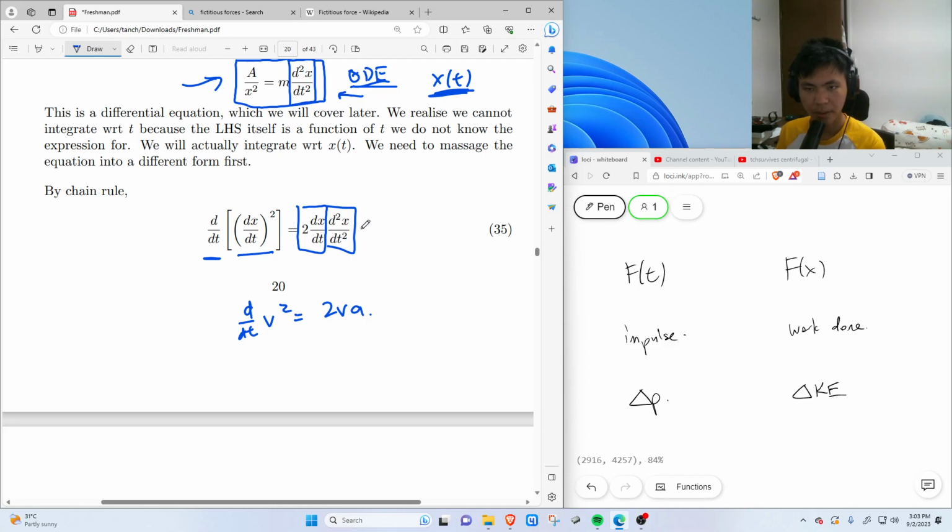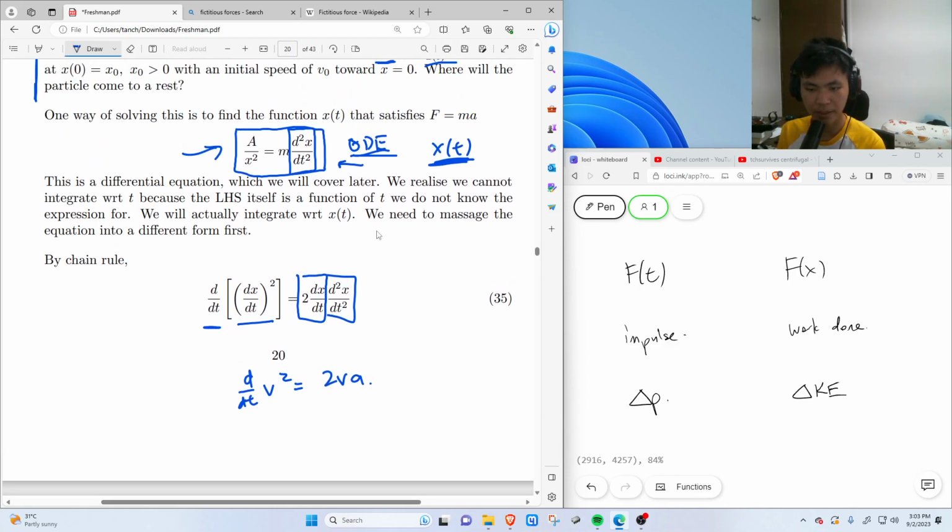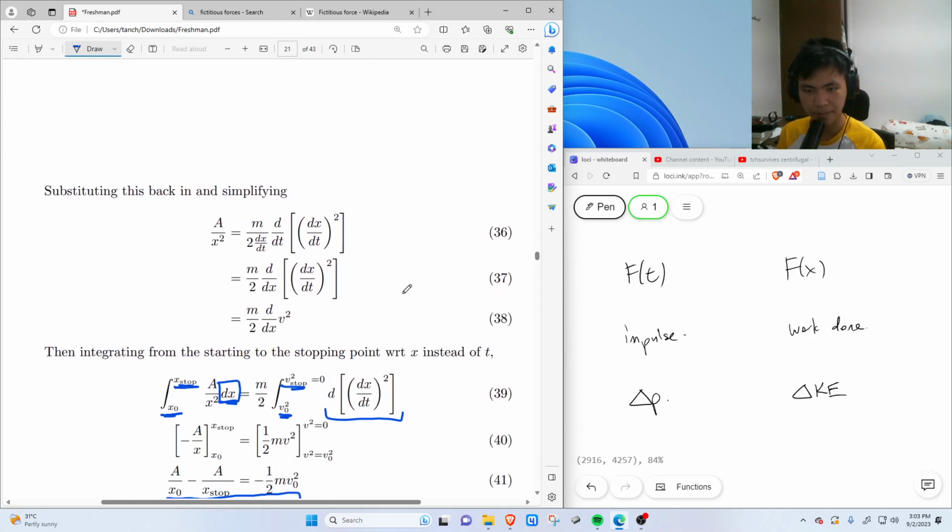Okay, and so this lets us substitute this a. We can rewrite it. We can write it on both sides, so we get something like that. Okay, substitute a back into our F equals ma, and we get something like that. So this is 2m over 2v, this d over dt of v squared, right? And we can see that